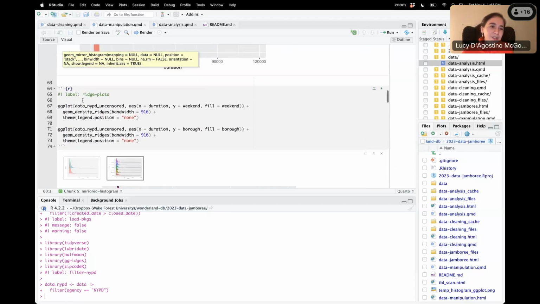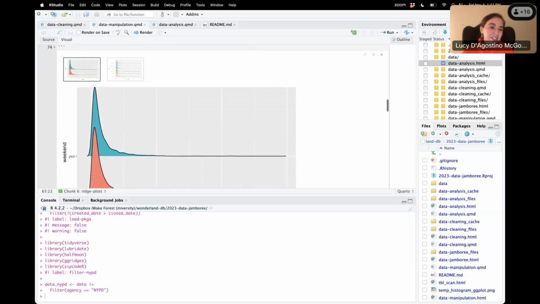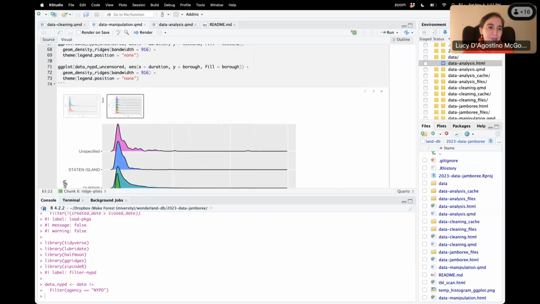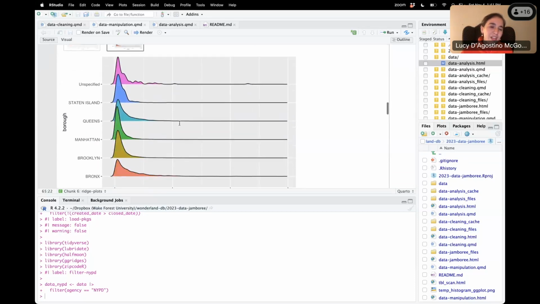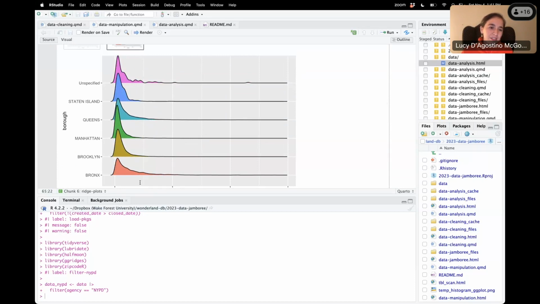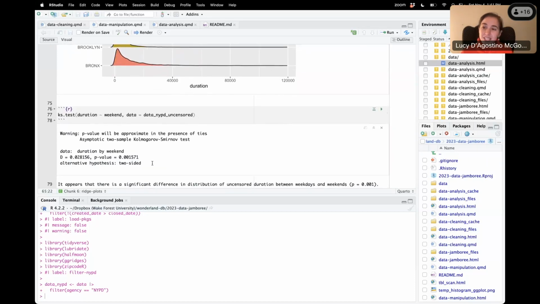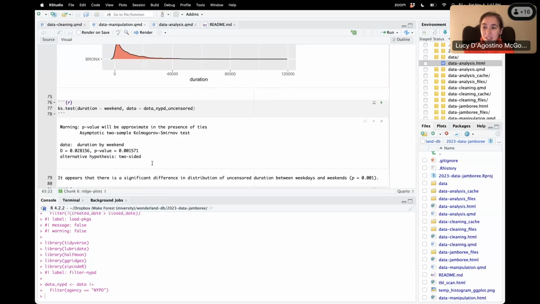I also used the ridge plots. So this comes from ggridges. And so this is just, again, looking at those histograms. And I also used this for looking at the differences in boroughs. So you can see the differences in those distributions. And as was pointed out, if you do a test for the difference in the full distribution between weekends, like a Kolmogorov-Smirnov test, for example, that will give you a significant p-value for the full distribution.